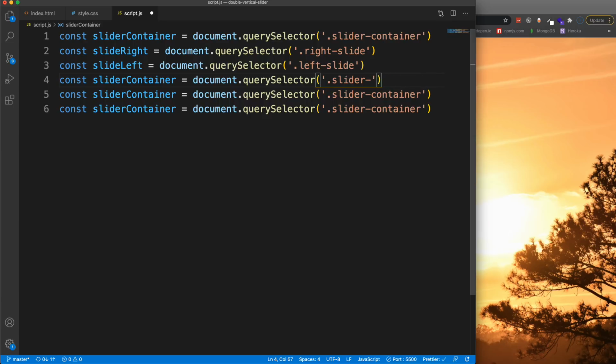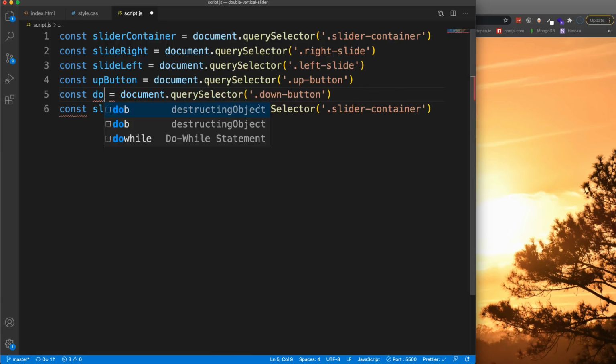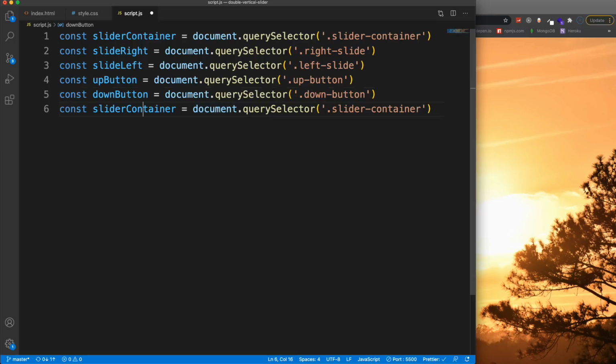All right, then we also want the buttons. So we have the up-button, and we have the down-button. And let's call this one upButton, downButton. And then I also want to get the length of the slides, meaning how many slides do we have. So let's say slidesLength, and we'll set this to querySelectorAll, because what we're selecting is all